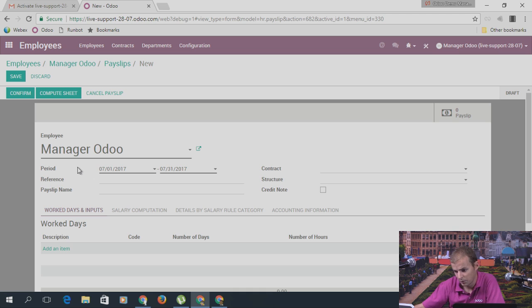So I've got a question from MTG, about picking types. What is the difference between internal transfer and manufacturer? Do they have different accounting effect? So I mean,